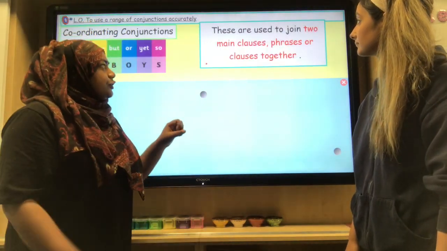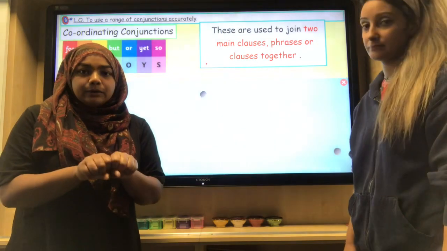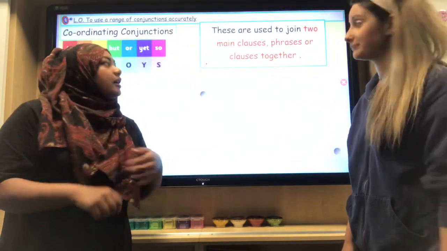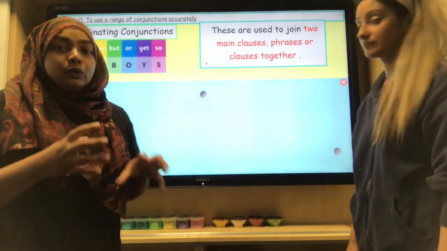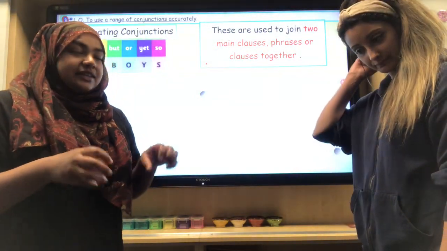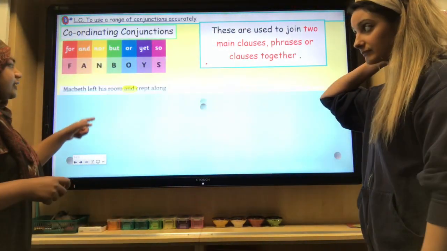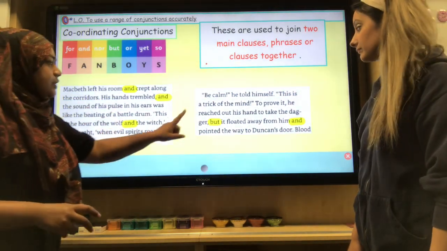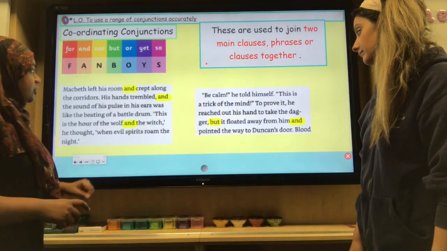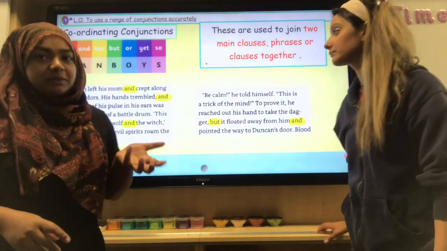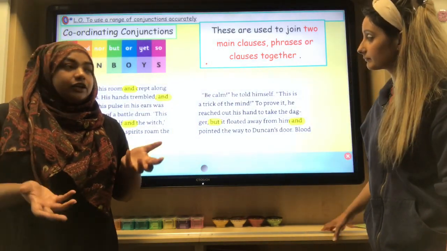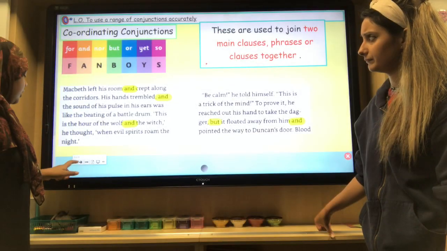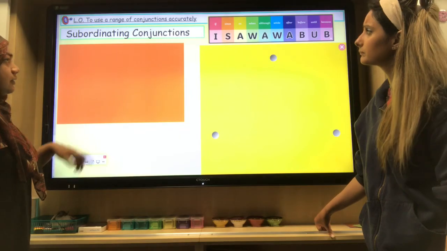They're used to join two main clauses. Remember, a main clause is a sentence that contains a subject and a verb. They join phrases or clauses, or any other clauses together, okay? So that's what they're used for. In the text that you listened to me read, there are lots of examples of coordinating conjunctions. It's probably the most common one, used by lots of people and children alike. And then the other type is